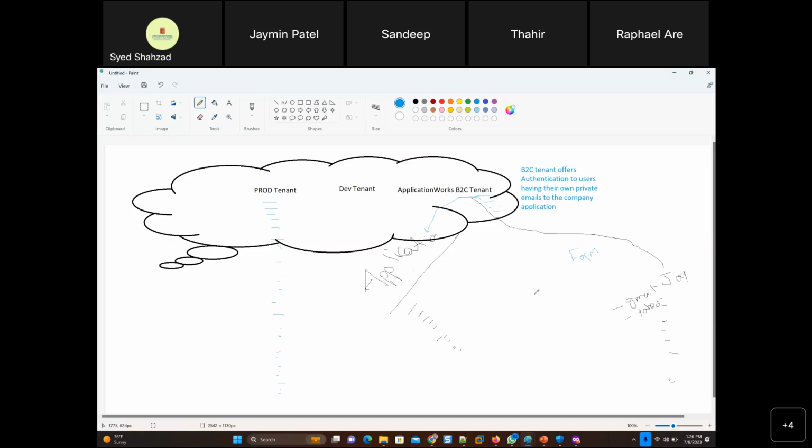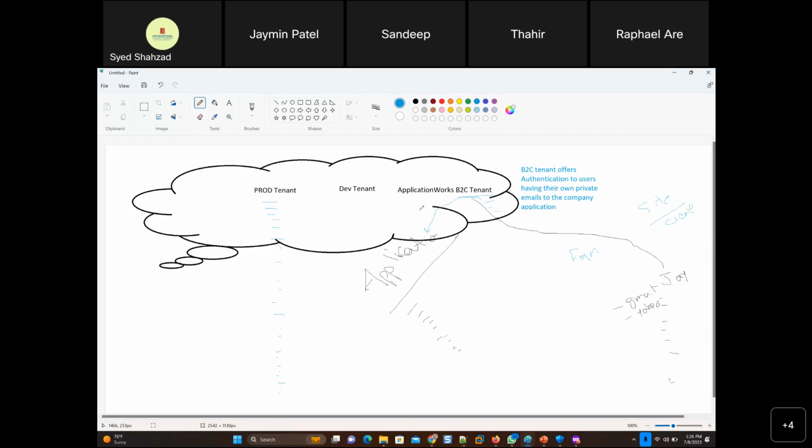So the overall concept is that whenever you see B2B or B2C, with B2C users just create their own accounts. You put a front end site there, they go to the site and create a user, and that user is added to the B2C tenant.